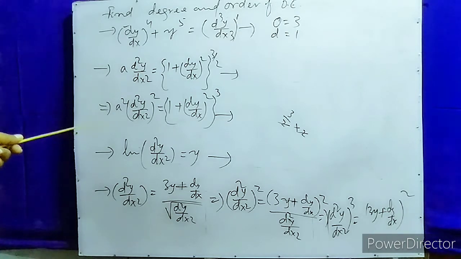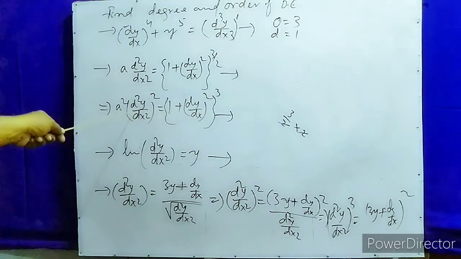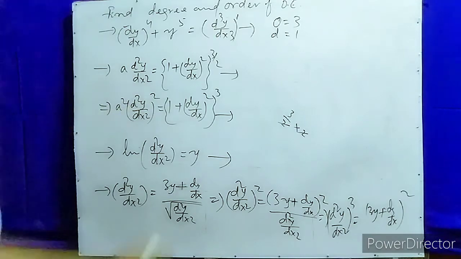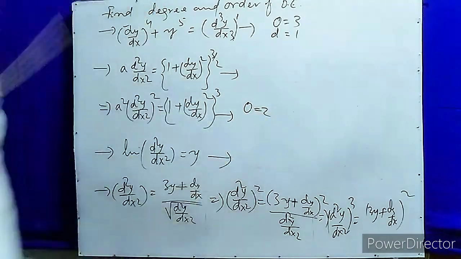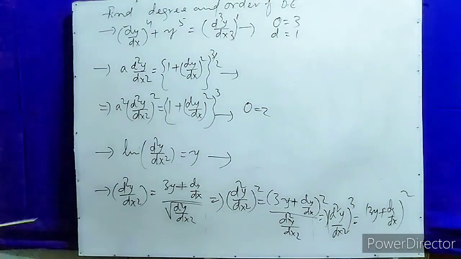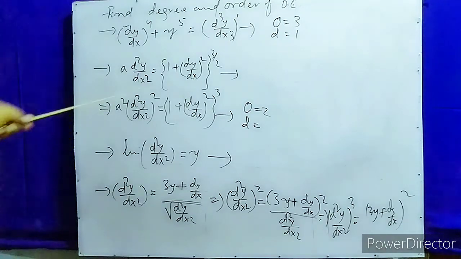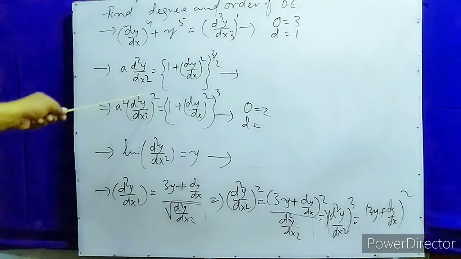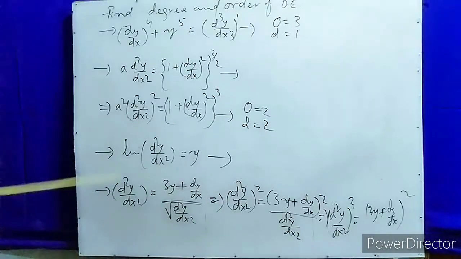What is the largest order of the differential equation here? This is the first order differential and this is the second order differential. So the order of the differential equation equal to 2. Order equal to 2 in this case. Okay. So what is the degree in this case? The degree of the differential equation means the power of the largest order. Here the largest order equal to 2 and also the power equal to 2. The power equal to 2 means here the degree is also 2.